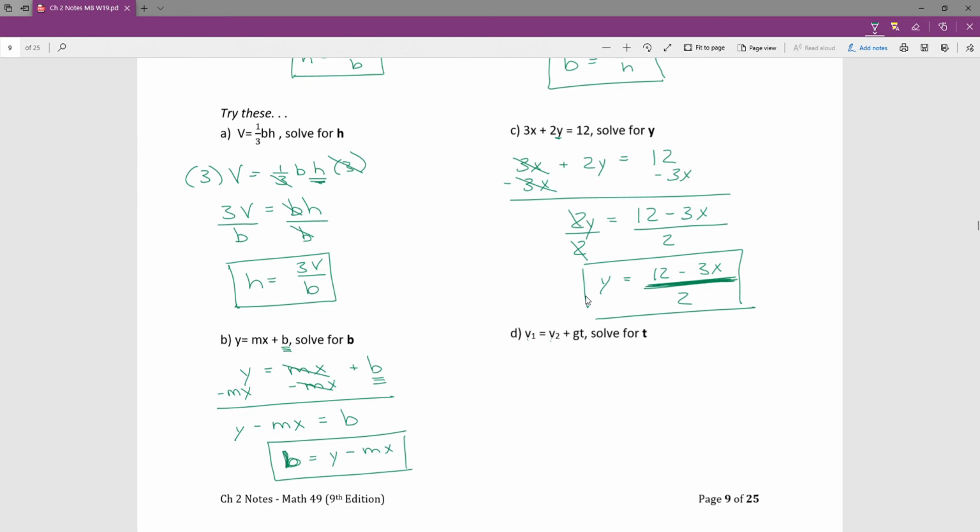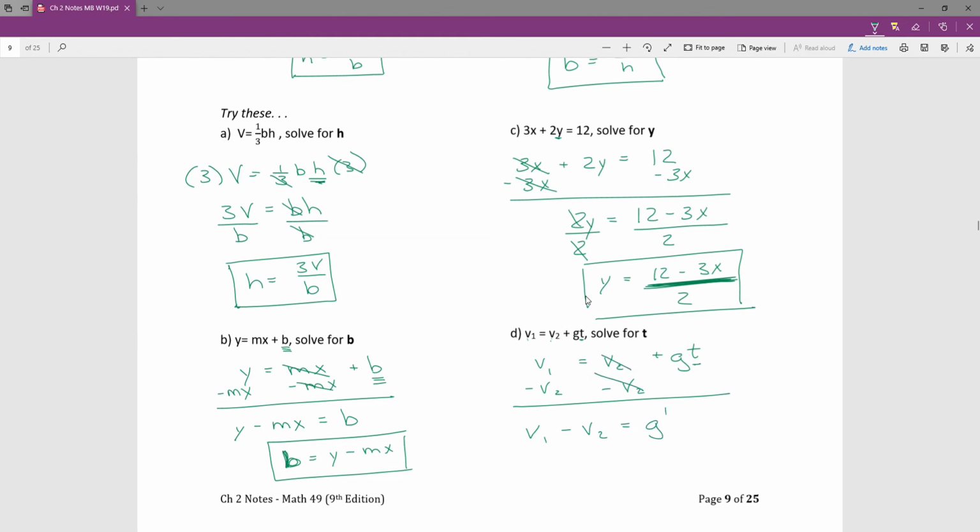So in this question, I'm supposed to solve for t. So I'm going to rewrite it. Again, this is just part of my processing. So t is what I'm trying to get by itself. I'm going to start by getting this term away from the gt term over here, and I'm going to do that by subtracting v2. So even though these v's are the same letter, they're not like terms because of that little subscript, that 1 and 2. So v1 minus v2